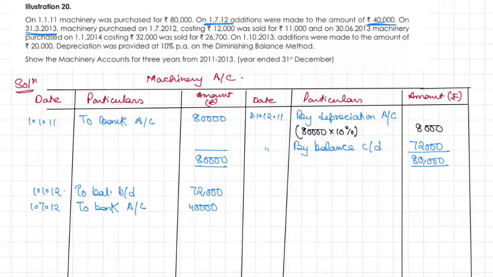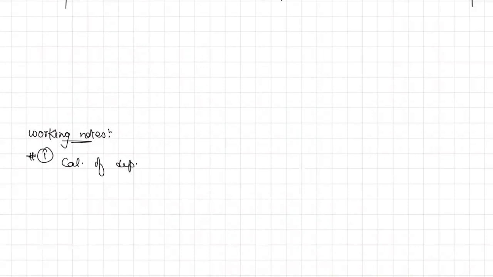So let's do one thing. Let's go to 31st 12 12. Here it will be by depreciation account. Okay. Here calculations are needed. So what we'll do, we'll write working note 1. Now go below, start working notes. Okay. So number 1, calculation of depreciation for the year